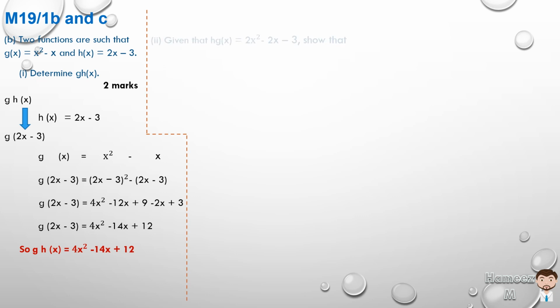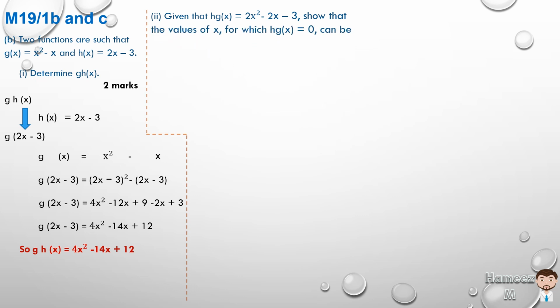Part 2. Given that hg of x, another composite function, is equal to 2x squared minus 2x minus 3, show that the values of x for which hg of x is equal to 0 can be expressed as 1 plus or minus the square root of 7 all over 2. So if we're looking at hg of x, we know it's equal to 0, so we can rewrite that. Let 0 is equal to